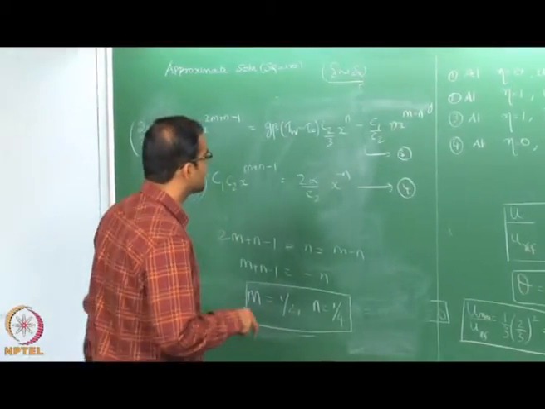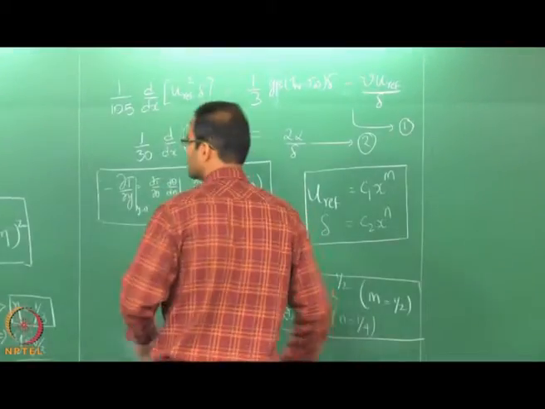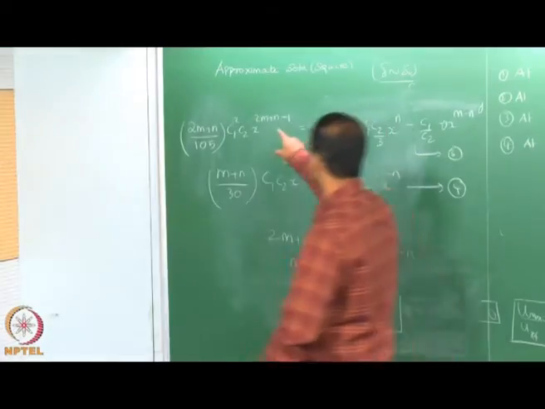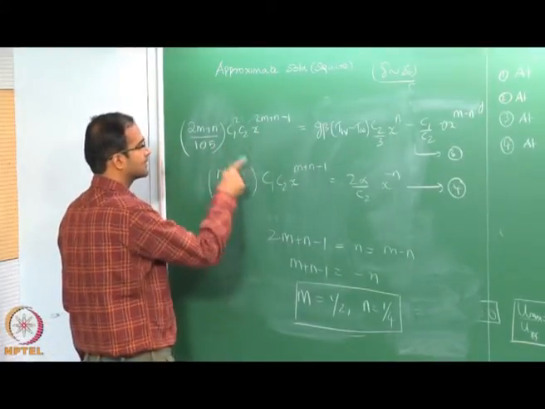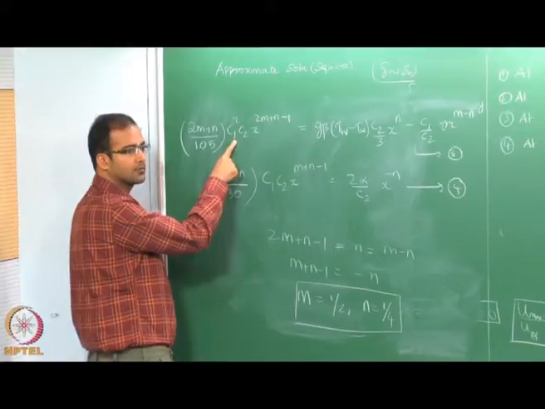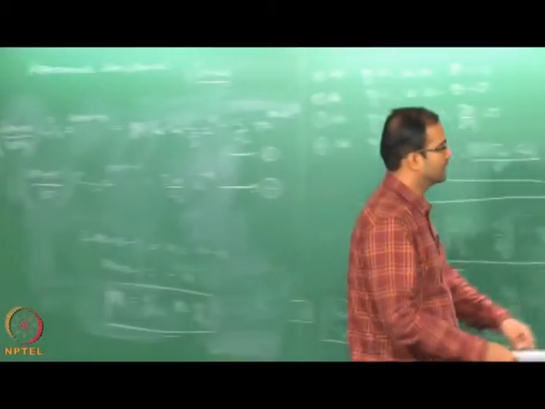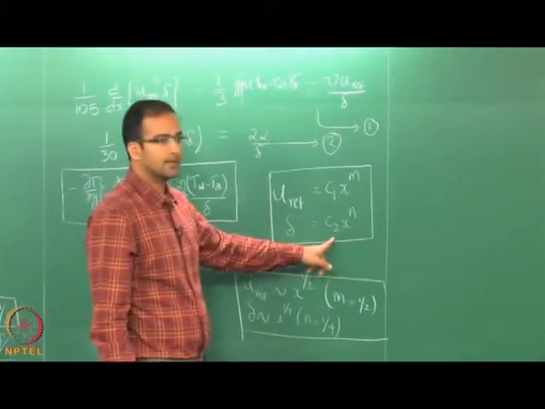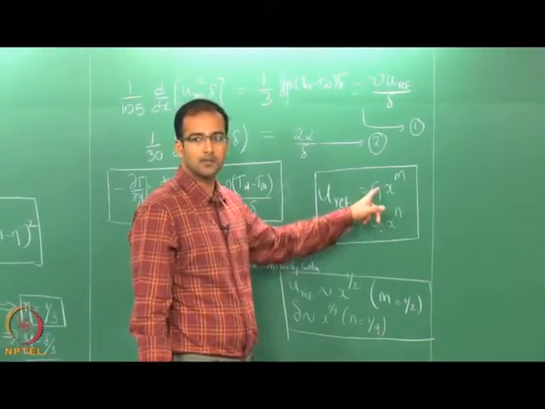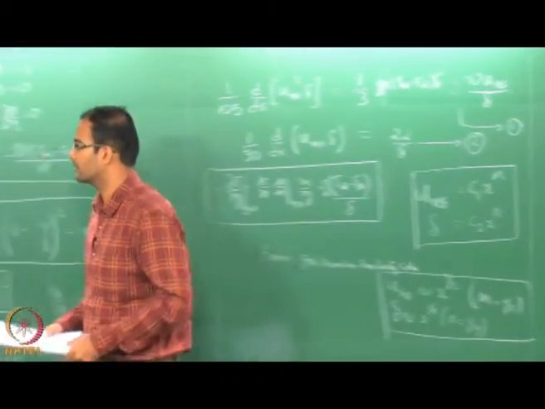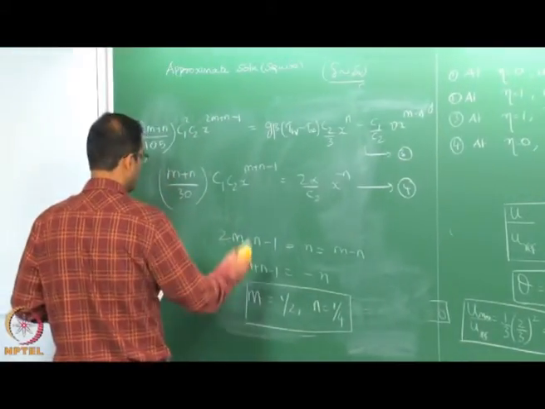Okay. So, now since we know m and n, we can substitute for m and n in equations 3 and 4, and what we have is two equations, two constants C1 and C2, correct. So, these constants are coming from u reference and delta. Okay. We now know m and n, only the two constants C1 and C2 have to be determined. So, if you substitute for m and n,